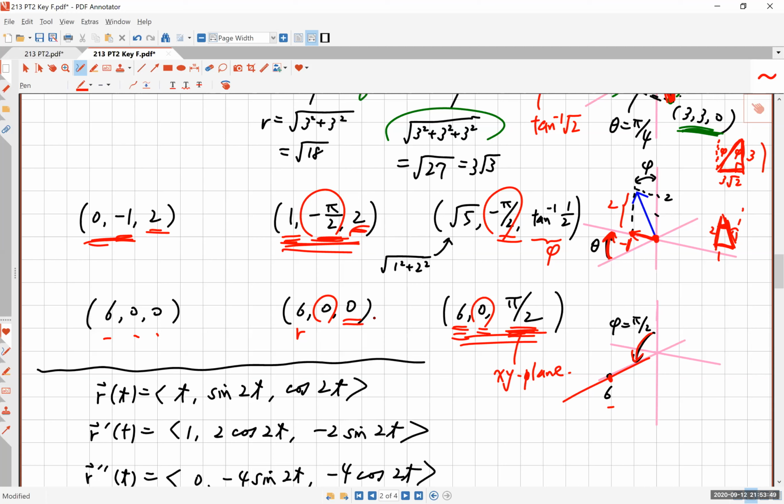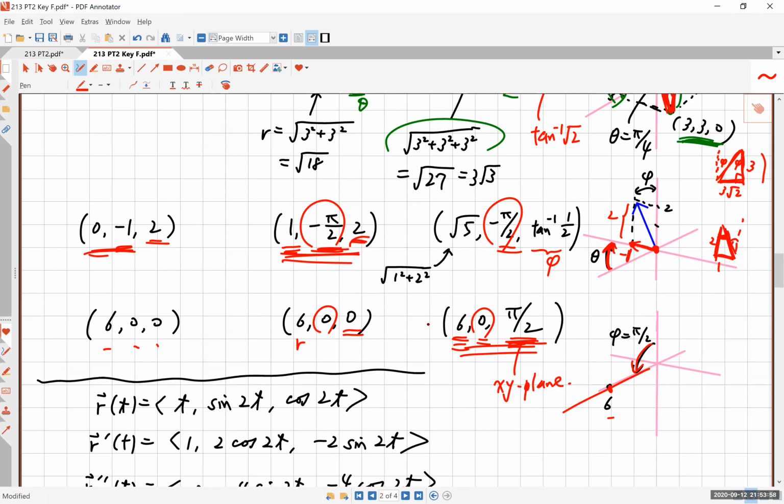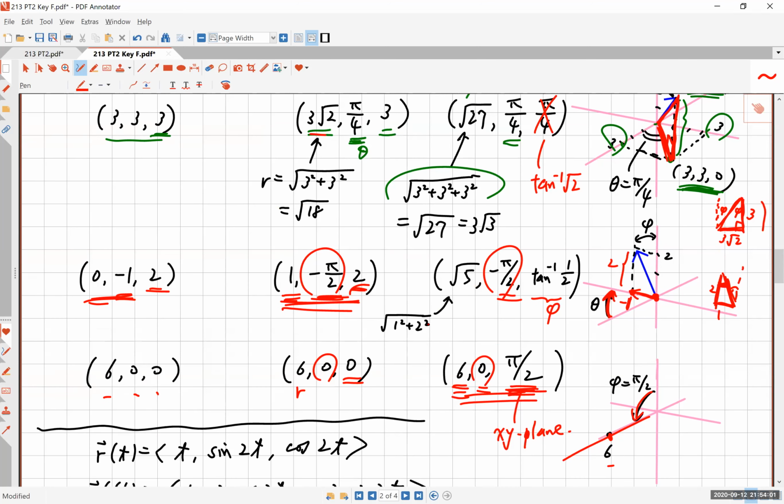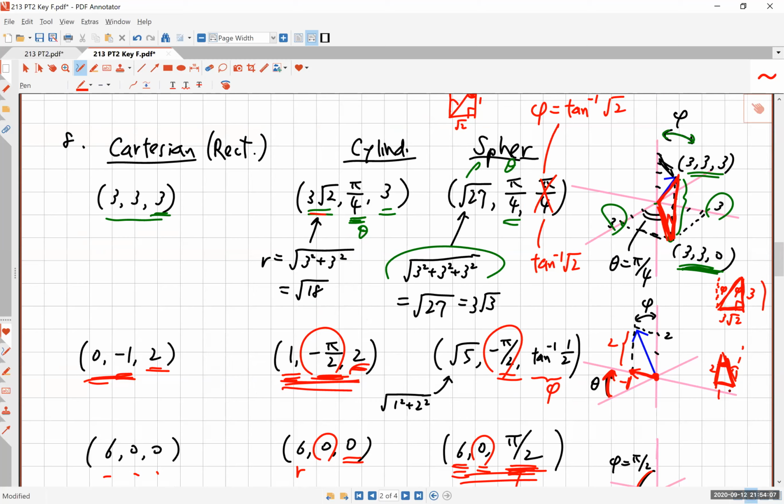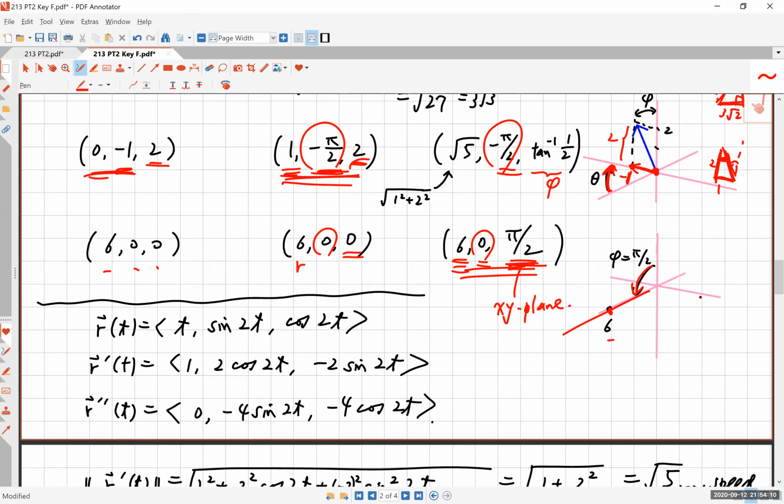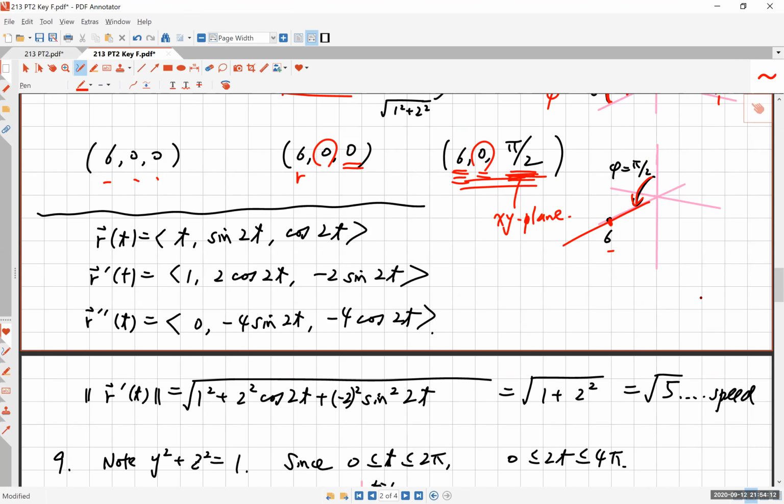So hopefully you have seen that I have not used any of these formulas. I want you to understand the concepts of things like phi and theta and rho and r in relation to x, y, and z. And if you can picture these points, then you should be able to convert between the coordinate systems. All right, I will stop this at this point, and